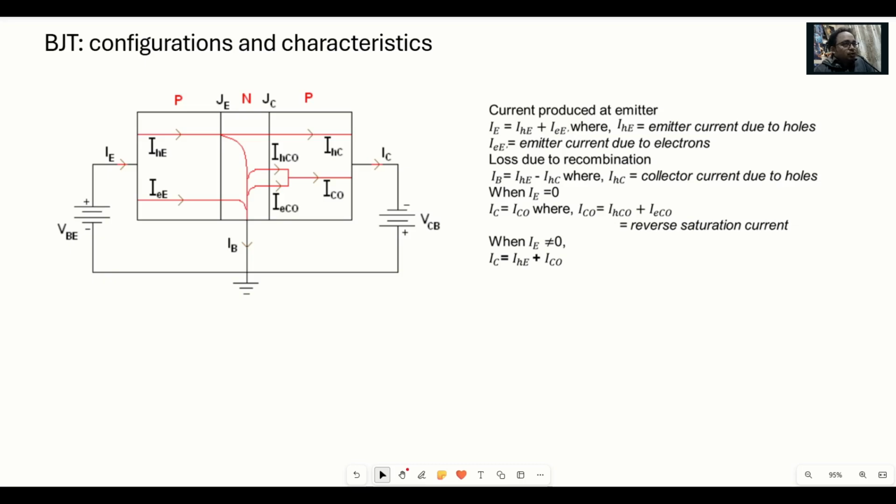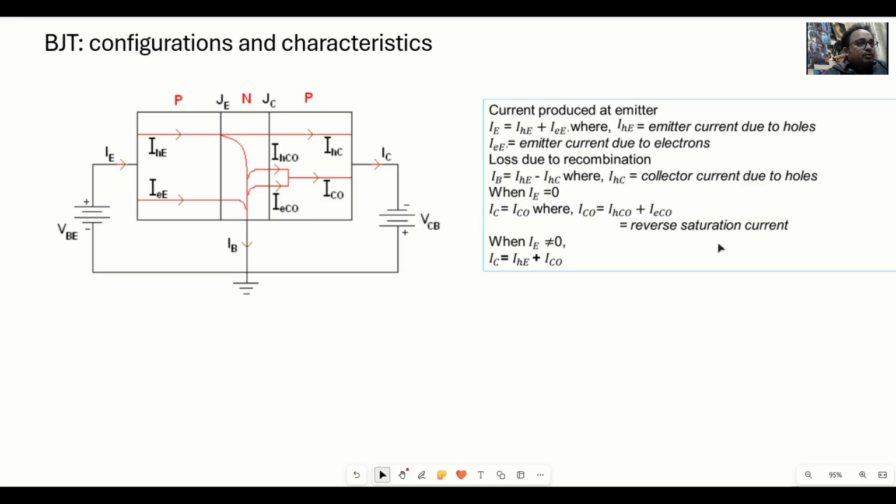Welcome back, listeners. In the last video, we introduced the bipolar junction transistor and its basic operations. Today we'll unpack the transistor's current components and compare the three most important circuit configurations: common emitter, common base, and common collector. The learning objective today is that by the end of this video, you will be able to